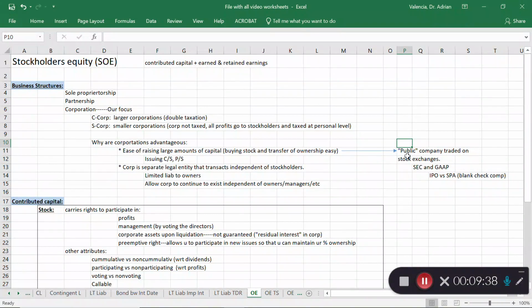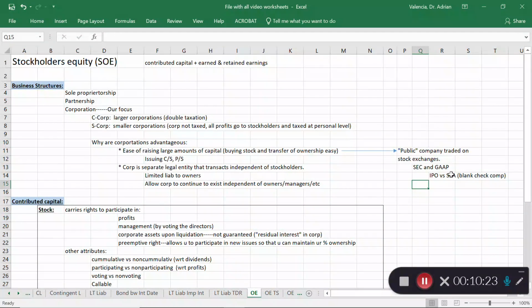Once that occurs, the company falls under the SEC, the Securities and Exchange Commission's requirements, and hence they have to follow U.S. GAAP, U.S. Generally Accepted Accounting Principles. This is the case when a company first issues an offering, the initial public offering, when they first issue stock. And there are some requirements. Once a company is going to issue stock to the public, there are a lot of reporting requirements that need to take place before they can actually raise that capital. Their financial statements need to get audited. In other words, they have to follow all those SEC requirements because they're going to become a publicly traded company.